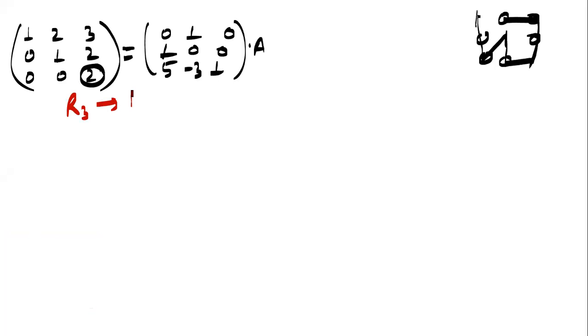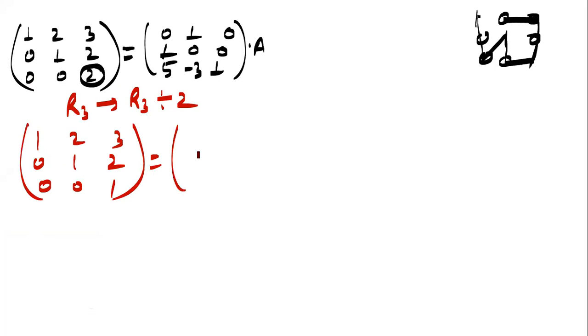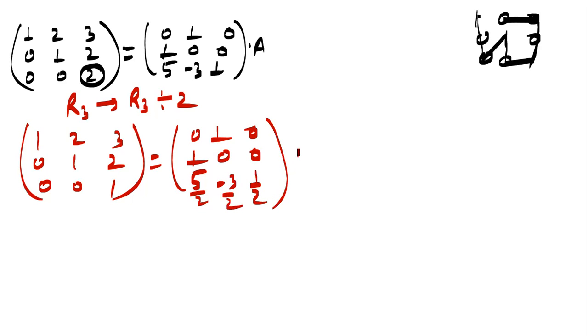I can divide R3 by 2. 1, 2, 3, 0, 1, 2, 0, 0, 1. Dividing by 2. 0, 1, 0, 1, 0, 0, 5 by 2, minus 3 by 2, 1 by 2 into